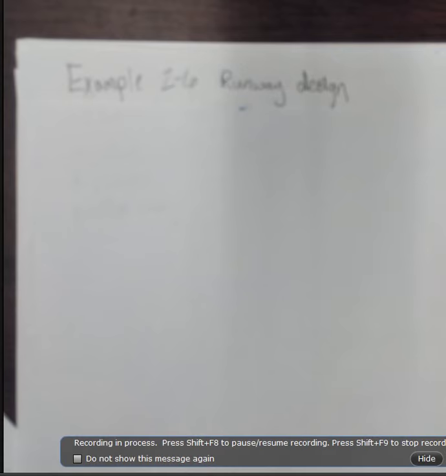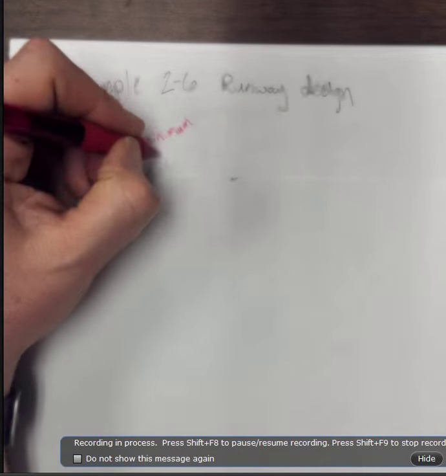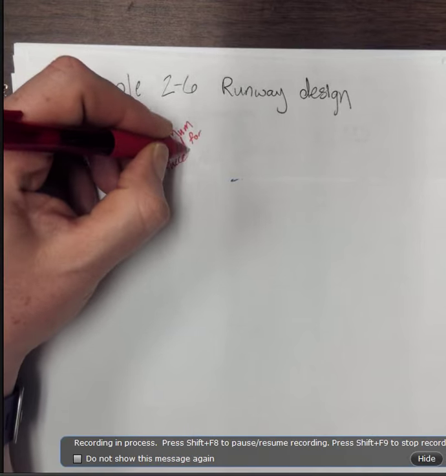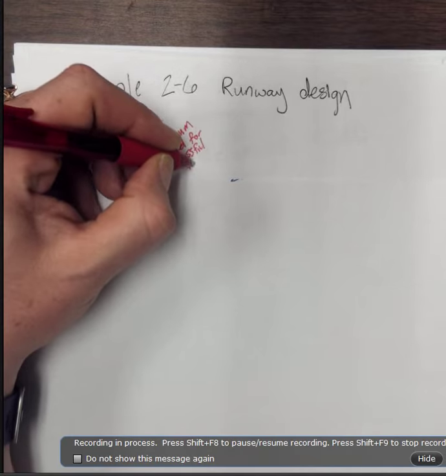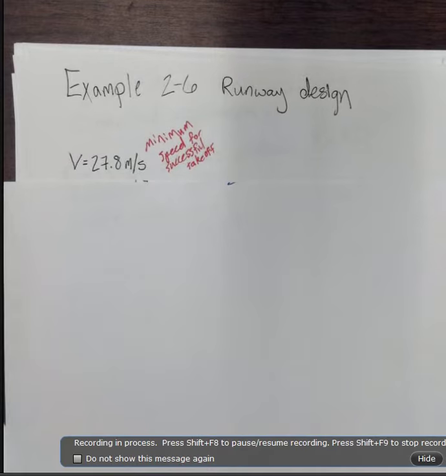So in this situation, one kind of airplane that we're going to use in the airfield has to reach a minimum speed before takeoff of 28.5 meters per second. This is the minimum speed for successful takeoff. What's the point in building a super awesome airport with a runway if your planes can't make it off the ground? All right, so what we want to do is propose a 150